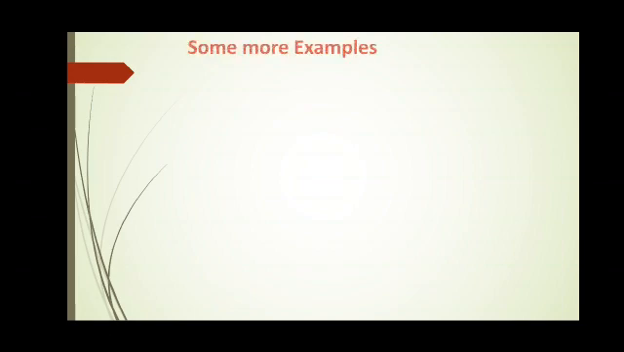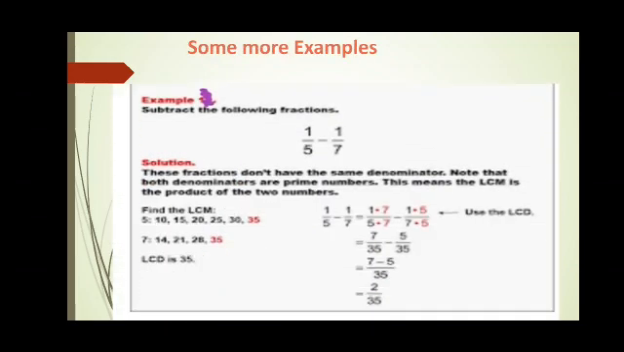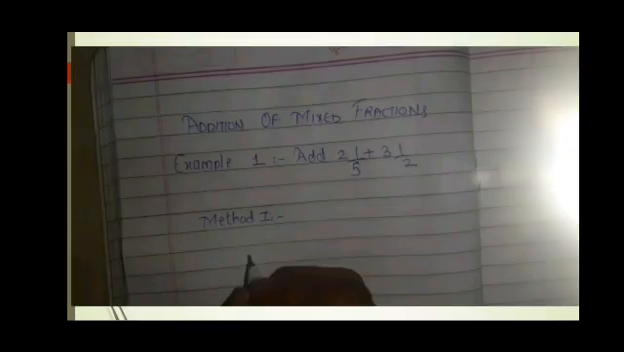Now one more example of subtraction where denominators are not same. You have to find the LCM, common, and cross multiply and make denominators same. Now our next topic,